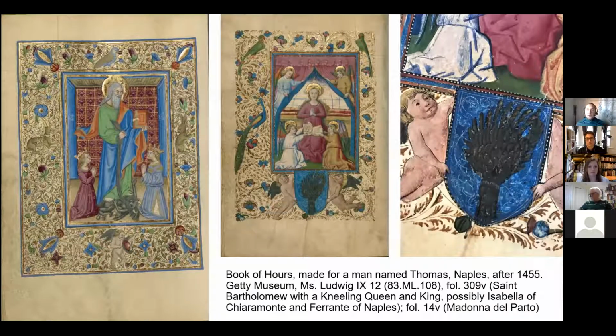There are a number of manuscripts made for Alfonso whose style seems to match this manuscript. A book of hours made for him in Naples is very close in terms of iconography, the sequence of prayers, the sequence of images. But what I'd like to argue, in looking more closely at this book and the new scholarship about the artist